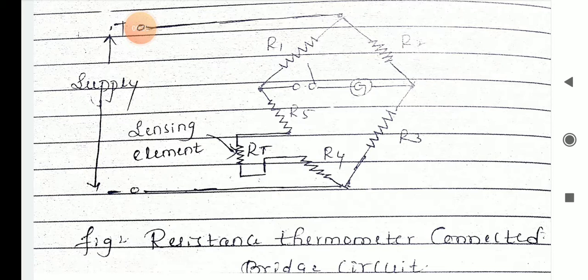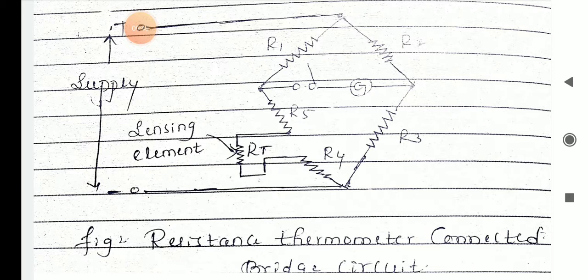Okay. So next we will discuss applications of the RTD. It is used in air conditioning. It is used in textile production industries. It is used in plastic processing industries. It is used in petrochemical processing industries. So these are some major applications which are related to RTD.